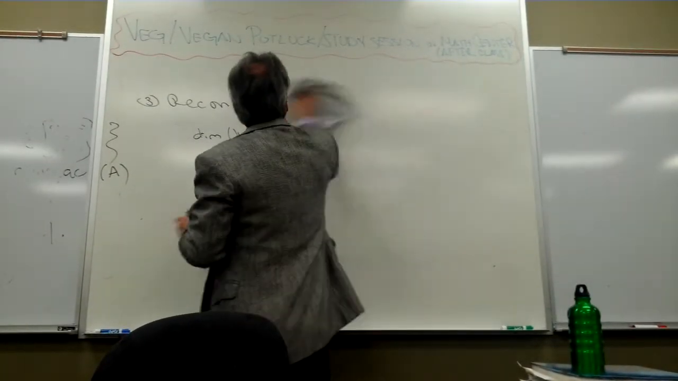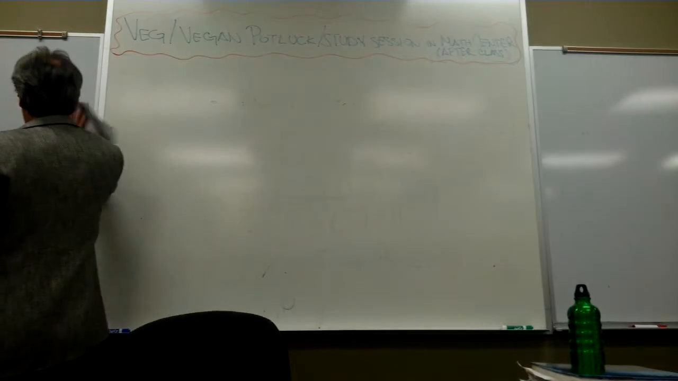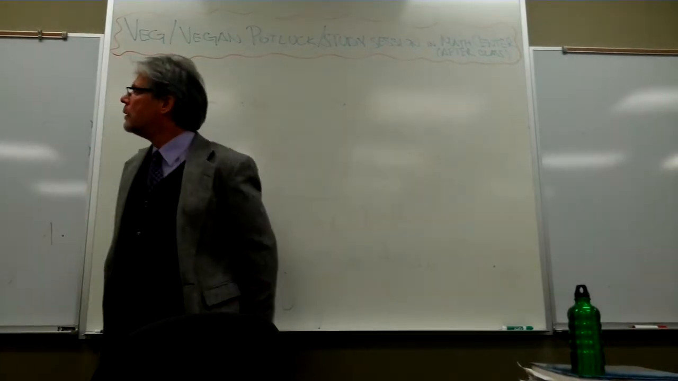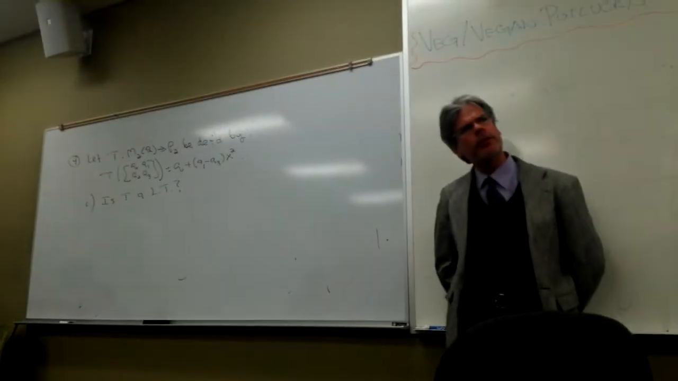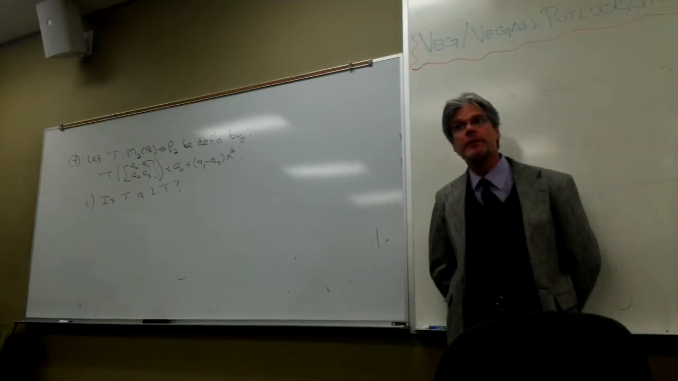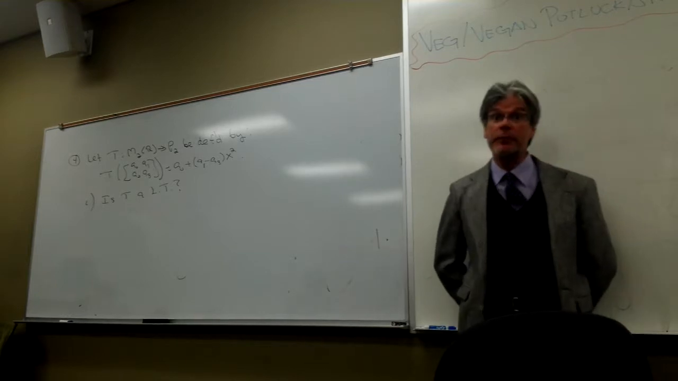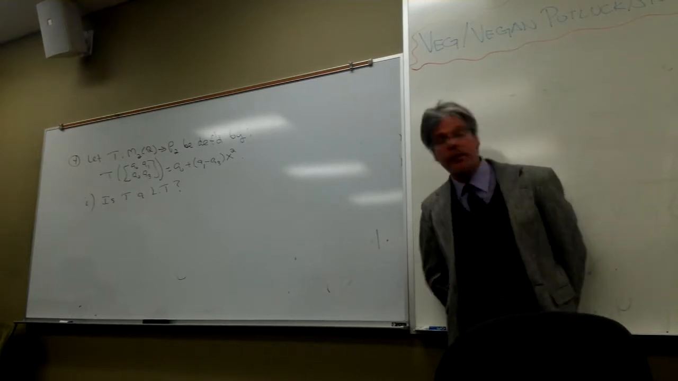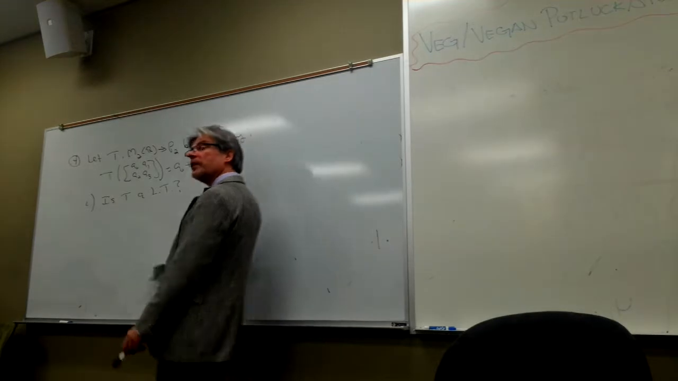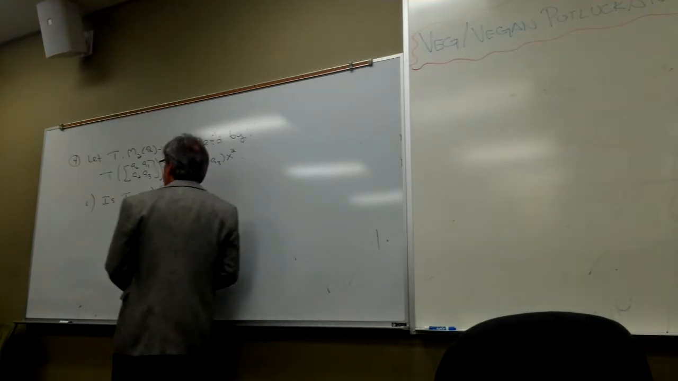Well, you guys just tell me in words, what do I have to check? So am I looking at kernel or am I looking at range? Neither. I just look at the linearity properties to define a transformation to be a linear one. Did you guys see my point? Yep. So to see if it's a linear transformation, let's take a peek at